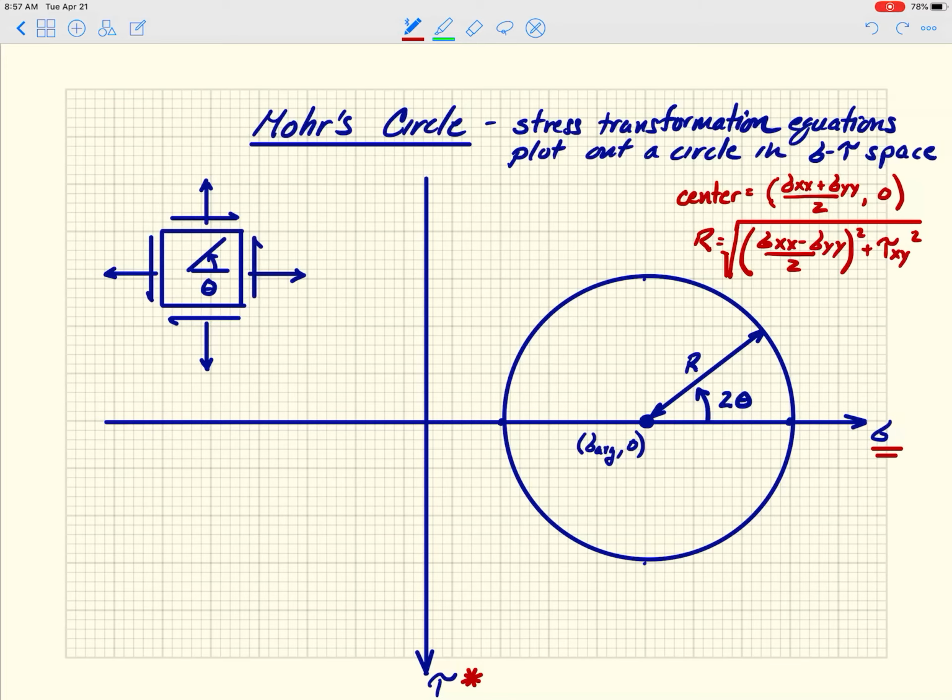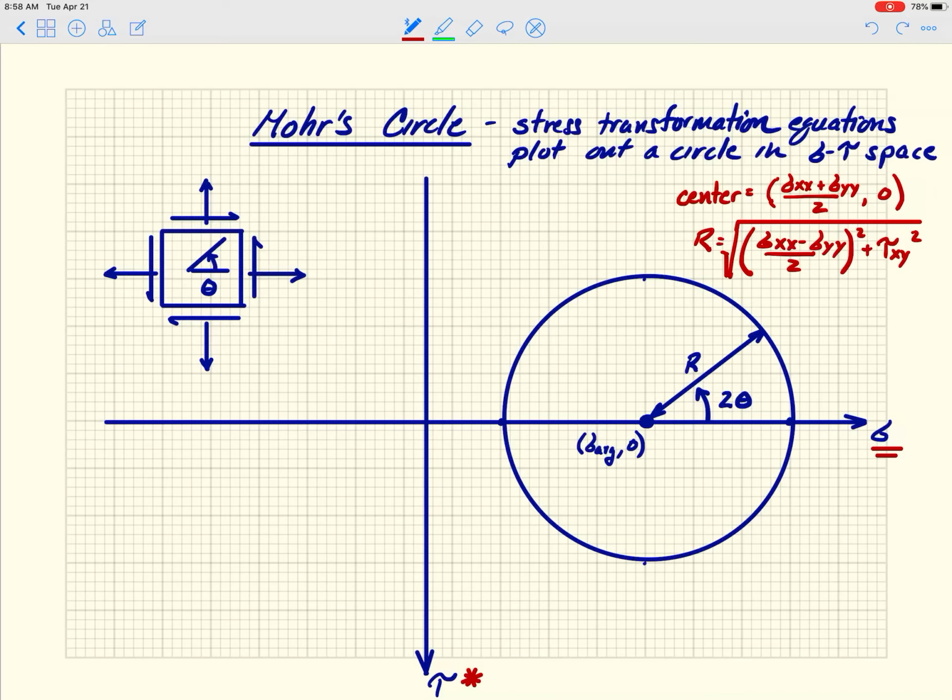And that will tell you all of the points that are on the circle, that no matter what orientation of the cube, I can generate those stresses, right? That is useful, but it's not the most useful way. And there's a few things that you're missing if you do it in that way. And primarily what you're missing is the relationship between where we are on this circle at any given orientation of